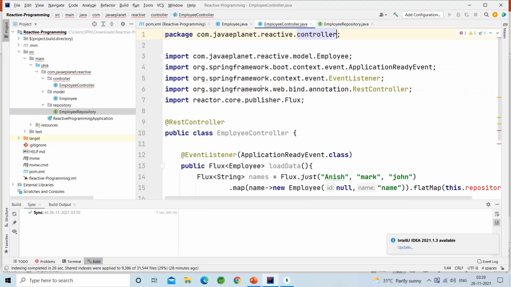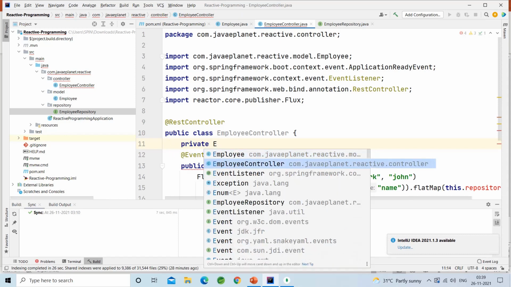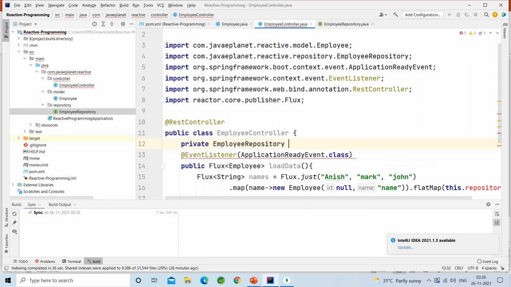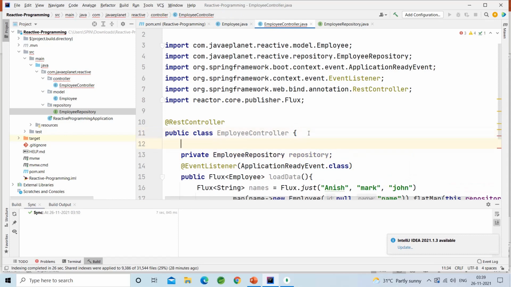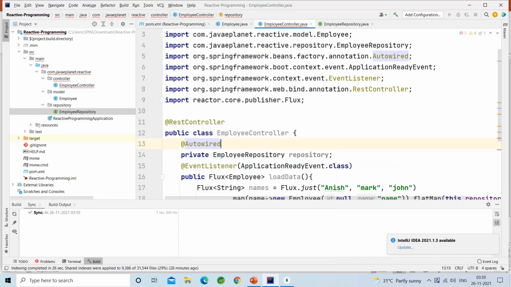And I am injecting this here. Private EmployeeRepository, and I am autowiring this. That's all.